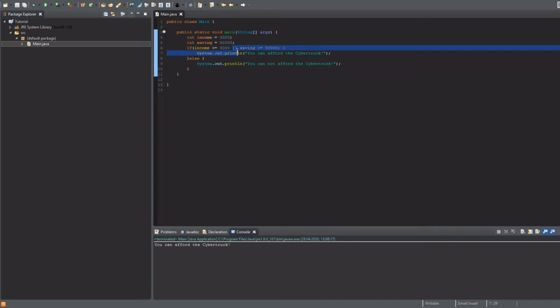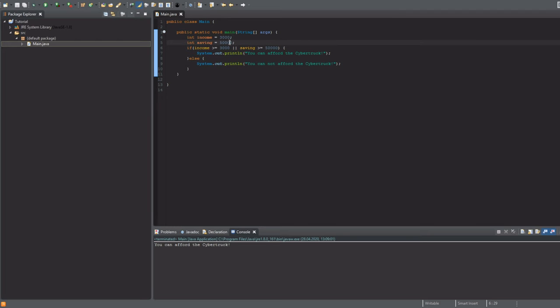So this is our logic in programming those conditions, and there are a lot of things. You have the or, or you have the and. So basically you can only afford the Cybertruck if you have an income over 3,000 and your savings are greater than 50,000. So with these variables we have enough, but if I make it 40,000 we cannot afford it, just for example. But yeah, I will make it for our program just this, because